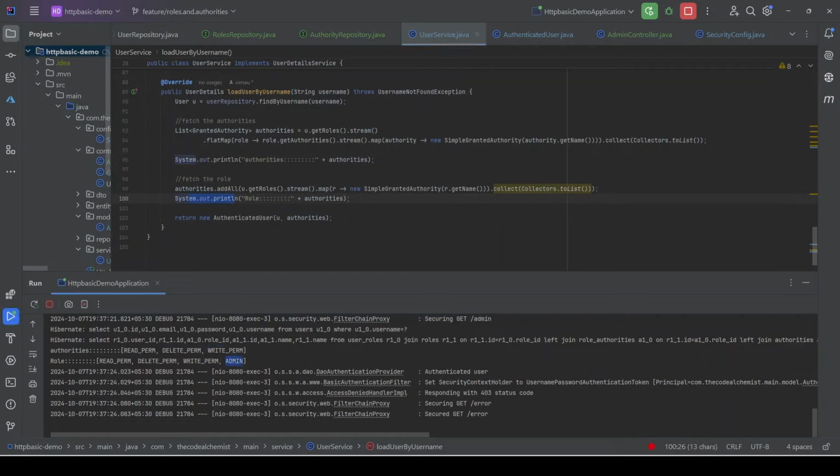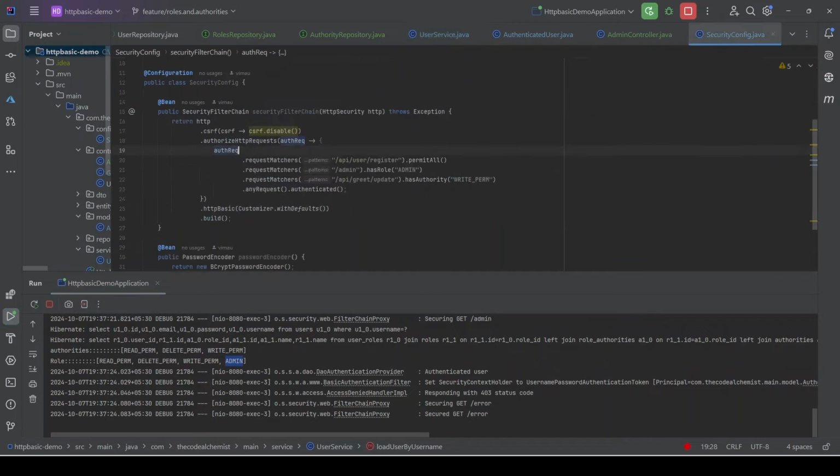that admin role. So if we have the admin value in the authorities list, then why are we not able to access the admin endpoint using the admin role? Well, the reason behind that is, if we go to the security config, whenever we use the method hasRole and we pass it a value, what Spring Security basically does is try to find a value in the authorities list with this pattern: ROLE_